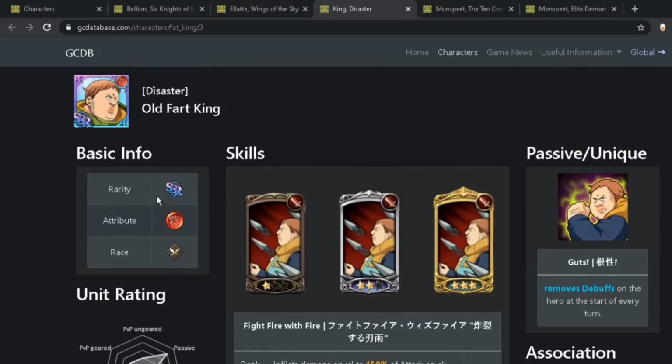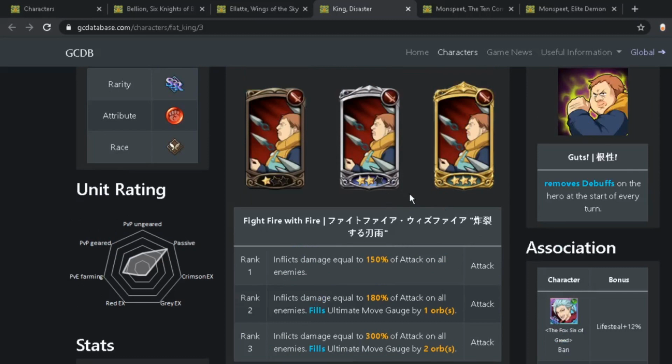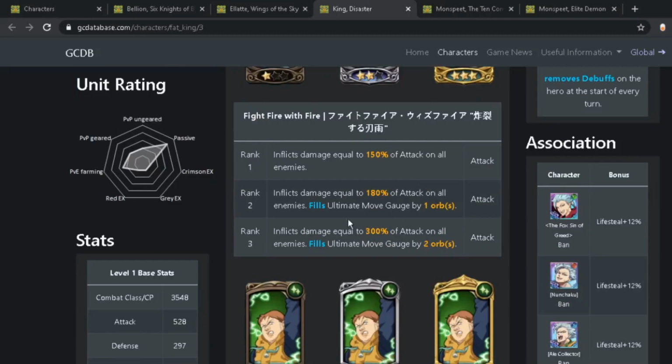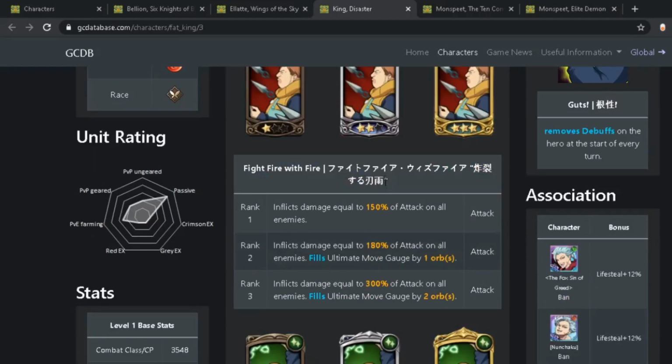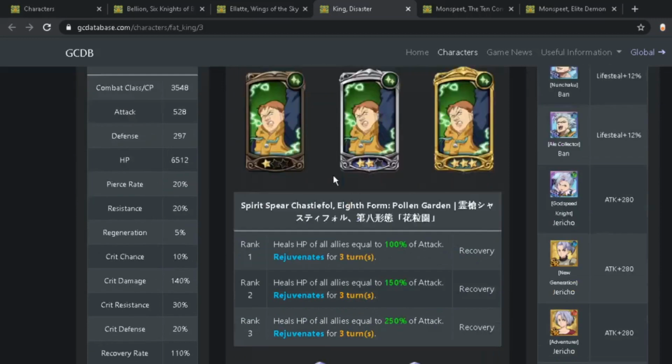So Red Fat King is going to be red attribute type. He is an SSR unit. So, Fight Fire with Fire. It inflicts damage equal to 300% of attack on all enemies and fills ultimate move gauge by 2 orbs. So this is the same card as Green Derriere, I think. Yeah, Green Derriere is not out on global yet, but it's the same card where it's basically Escanor's card, the filling ultimate move gauge, but AoE,